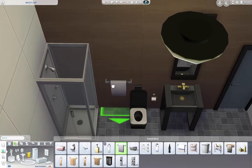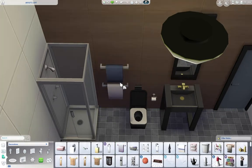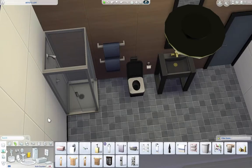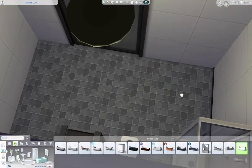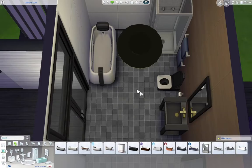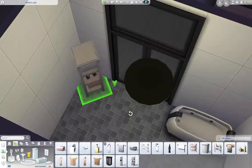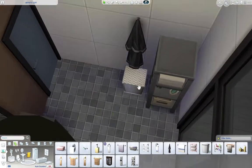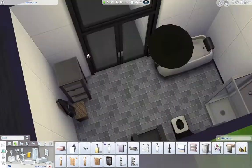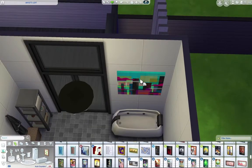I always really love the tiles and the walls. I think that they're super modern, super clean. They come in a lot of great colors as well. So basically, a lot of people like packs based on how they add to gameplay, but I usually like packs based on all the items that they have. Which, you can tell from that statement that I'm definitely more builder over game player, but